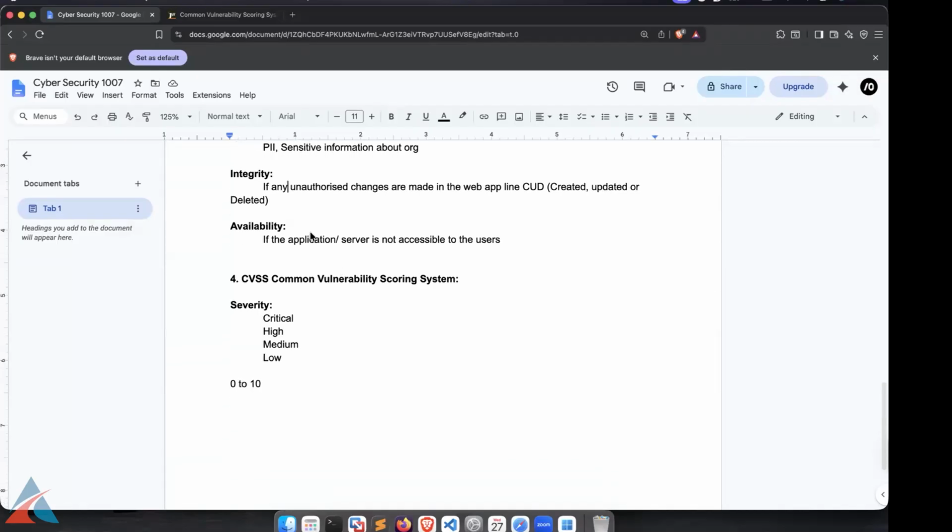Perfect. Then availability. Now, let's say in the same demo, the user deletes the user account, or whenever he is logged in, the genuine person who owns the account will not be able to log in for that time. If the user deletes his account, the availability of this user gets hampered. Or if after an attack, the web application goes down and it is not accessible to the mass audience, it also says the availability is hampered. So that is availability.